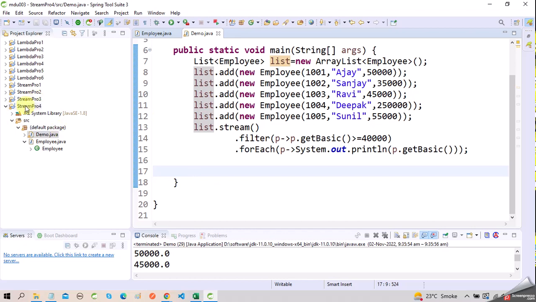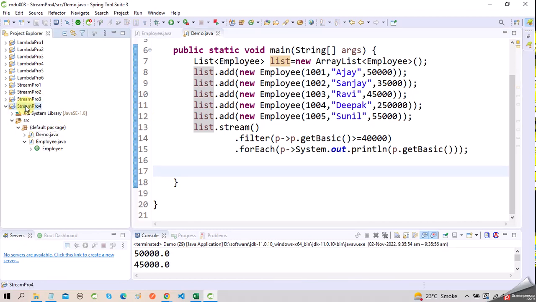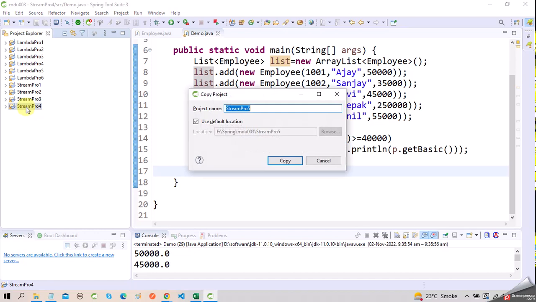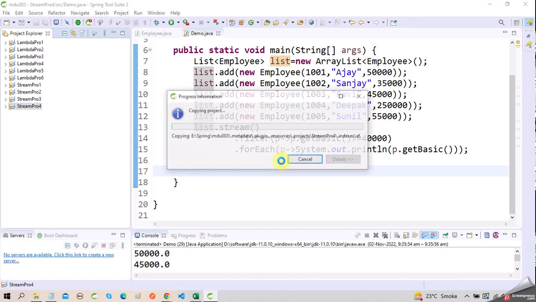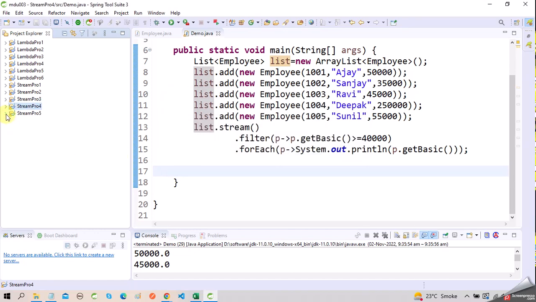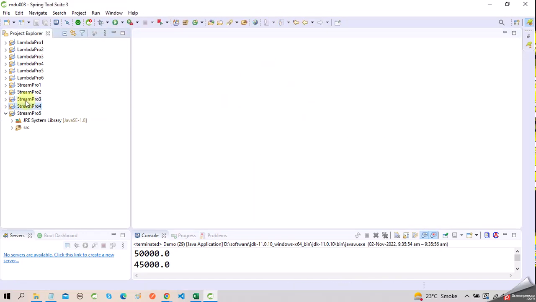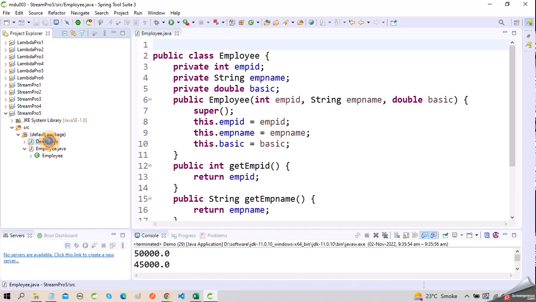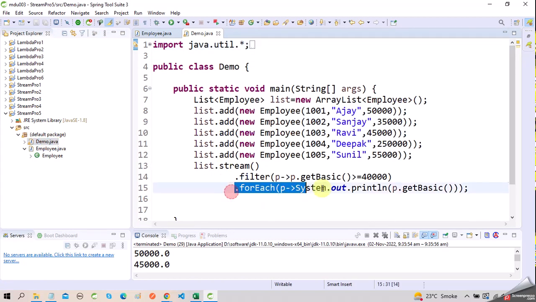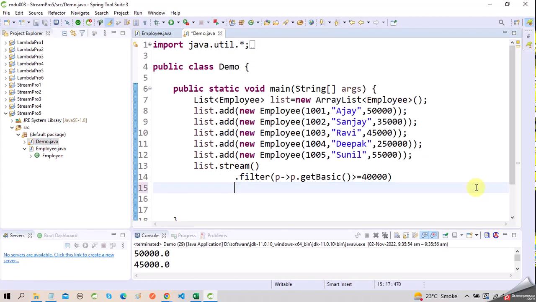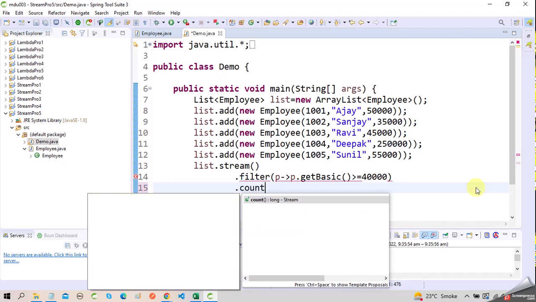Now I'm going to create a simple example. Suppose we want to only count the number of elements that satisfy this condition. So we can use the count method,